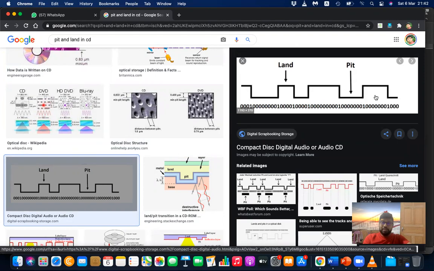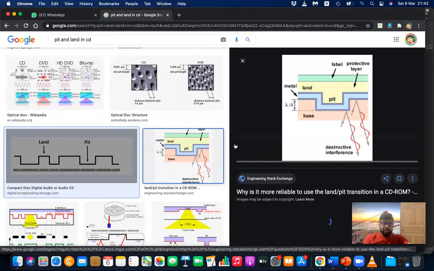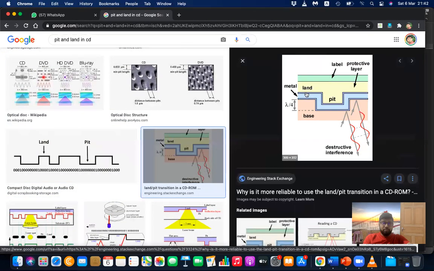This will be melted and go down, since there is an aluminum layer, a metal layer, in the middle. When you burn it, it will be melted and it will go down. But when you read it, you can see the different reflection for pit and different reflection for land. This reflection difference is used to read it. When reading, you are using a less powerful bulb.